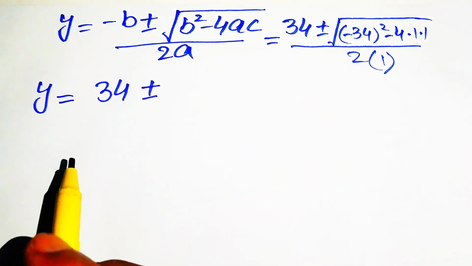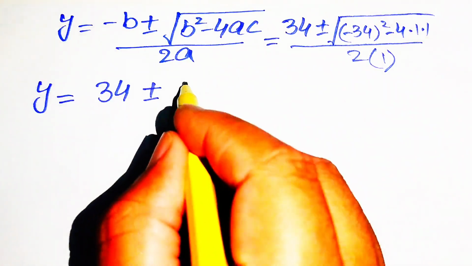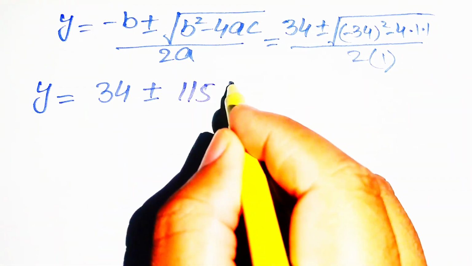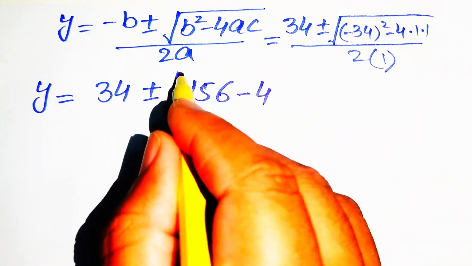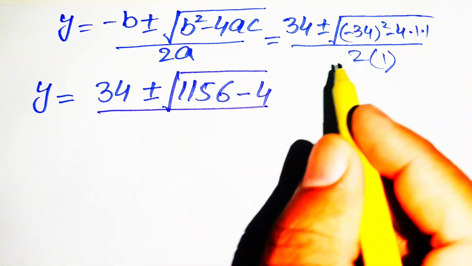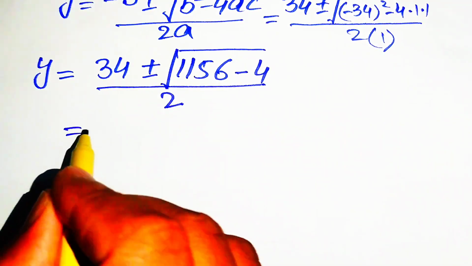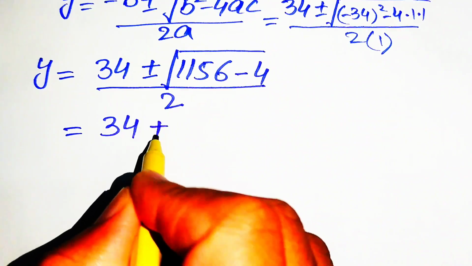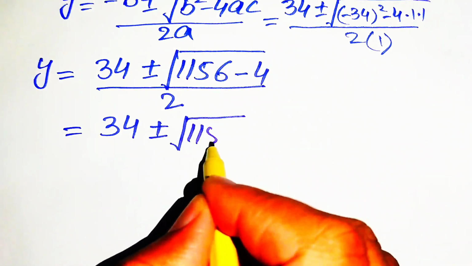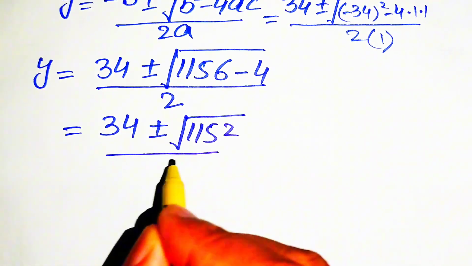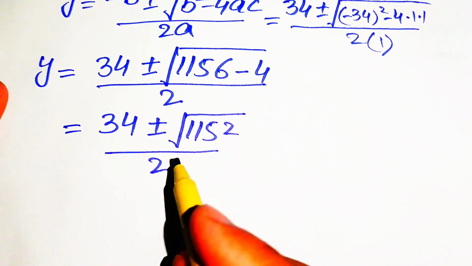minus 34 square, and we know that the square of minus 34 equals 1156, minus this 4 times 1 becomes 4, and its whole square root divided by 2. In the next step we need more simplifications, and we write it as 34 plus minus square root of this becomes 1152, divided by 2. So here we need to find the prime factors of